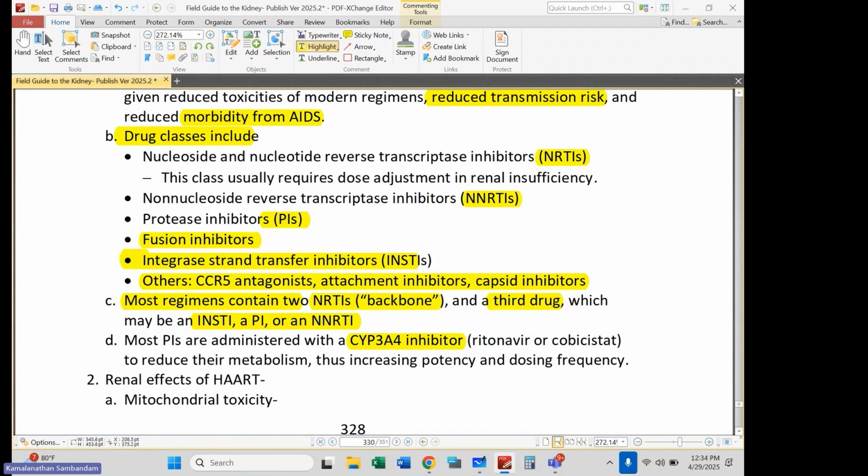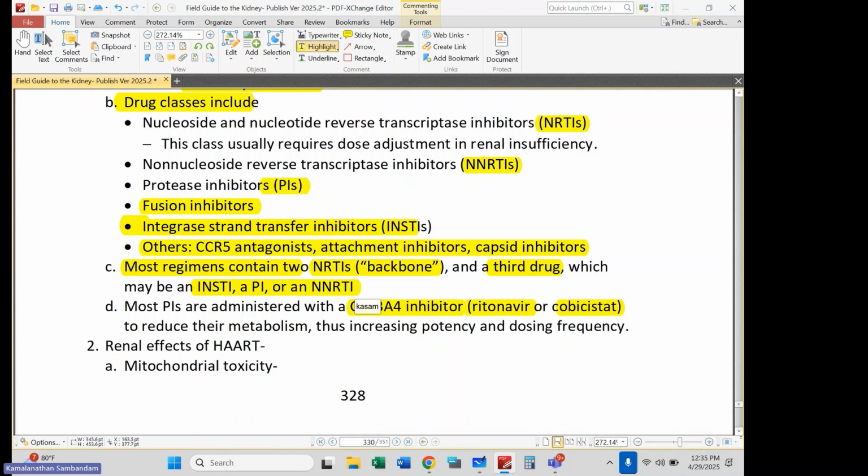components. Okay, so again, these boosters used to be ritonavir, a common element of the HAART regimens. Now you'll see cobicistat as another not uncommon element of these regimens. Cobicistat has no antiviral effect. It is primarily just used to boost the drug levels of the others so that you can get by with less frequent dosing. Okay, this is relevant because you need